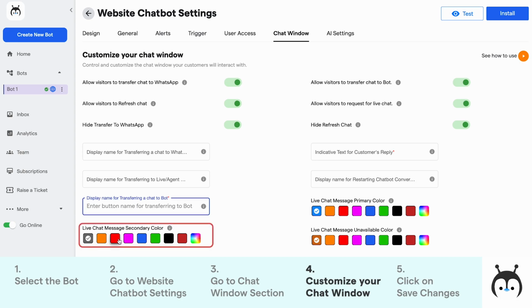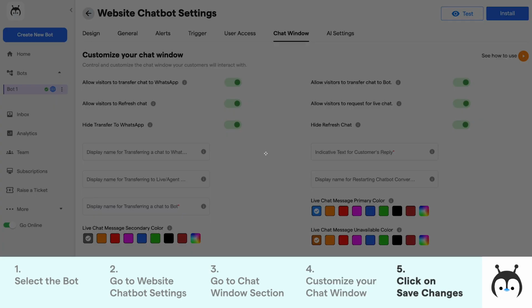Here you can select the chat message color from all the available options. Here you can select the primary color for the chat message, and here you can select the color for the chat message when unavailable. Then click on the save changes